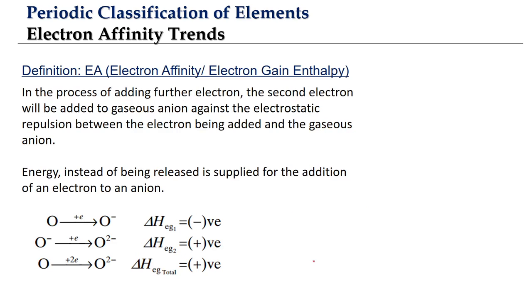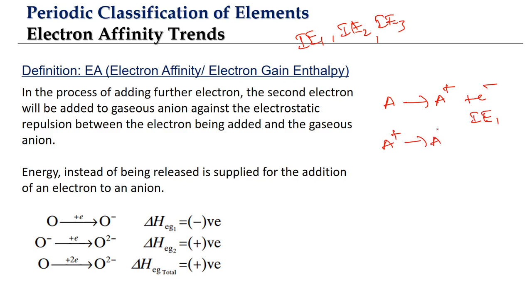Now if you look at the ionization energy, remember we talked about IE1, IE2, IE3, like that. So what are these? The ionization energy for the removal of the first electron, the ionization energy for the removal of the second electron, like that, isn't it? So if we have an atom A, when we remove one electron, that enthalpy change is IE1. From A plus, if you remove another electron, it will form A2 plus, that is what we call IE2, like that.